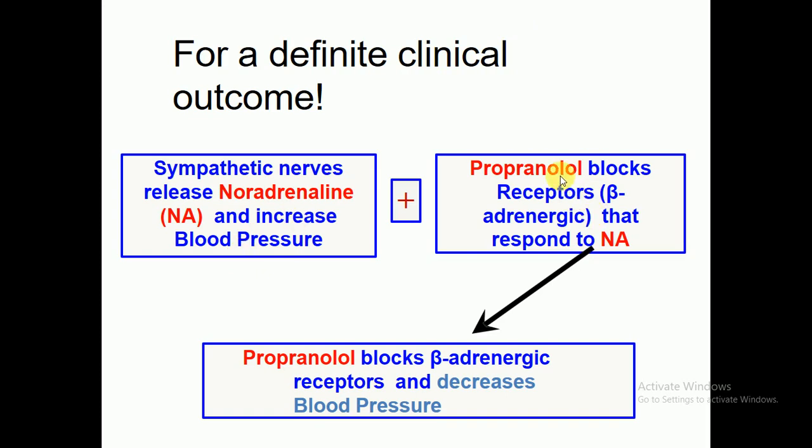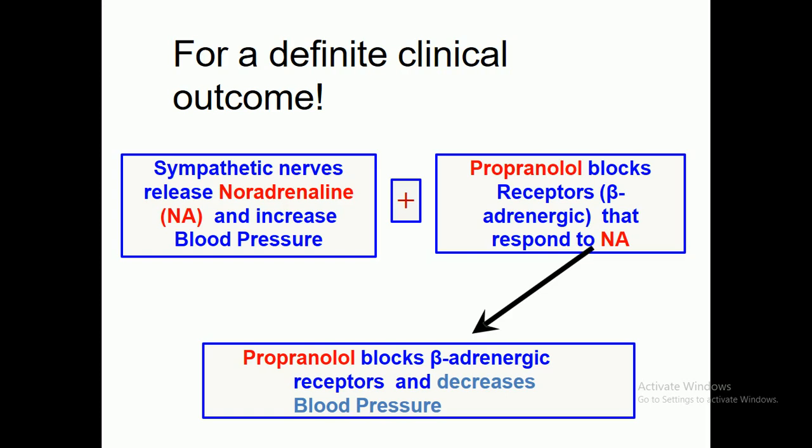While propranolol is a drug that we know is a beta blocker. Propranolol can directly act on the sympathetic nervous system and block these particular receptors which are present in your heart. There are two receptors present in your heart: one is beta 1 and the second one is beta 2. Beta 1 is the most dominant receptor present in the heart. So propranolol blocks that beta-adrenergic receptor,